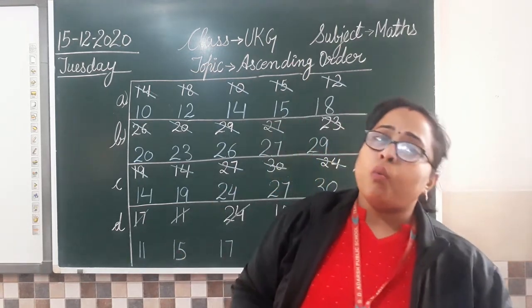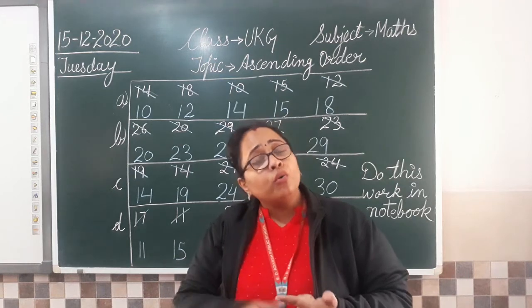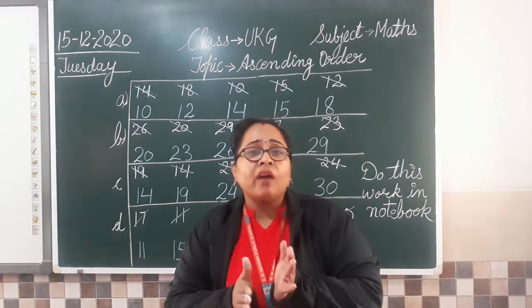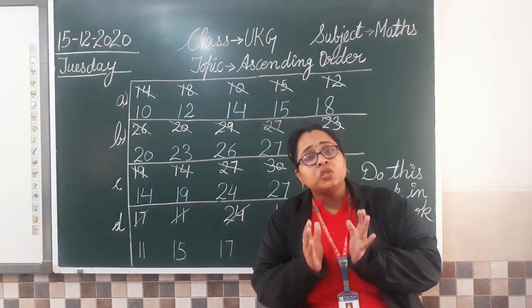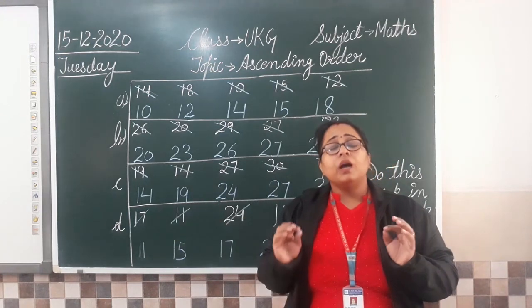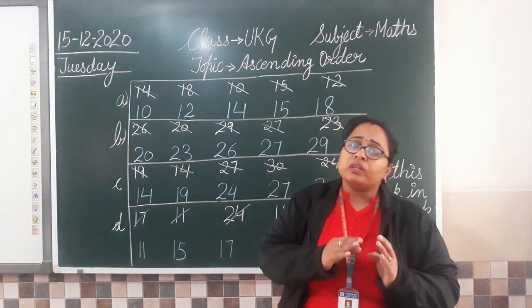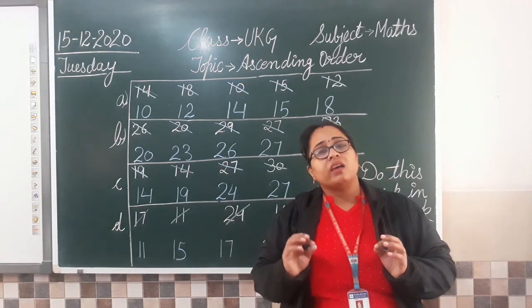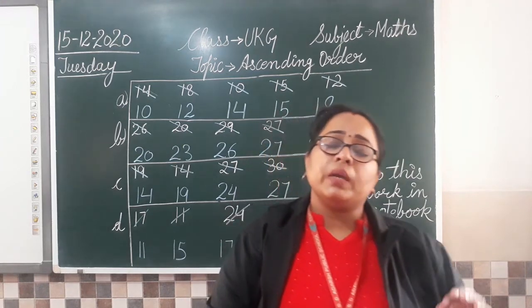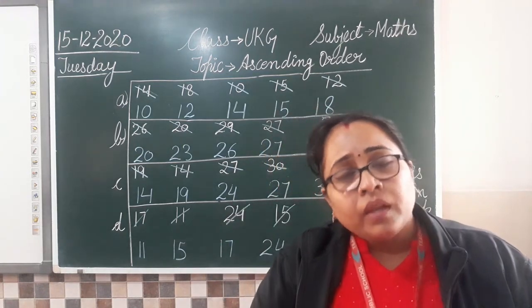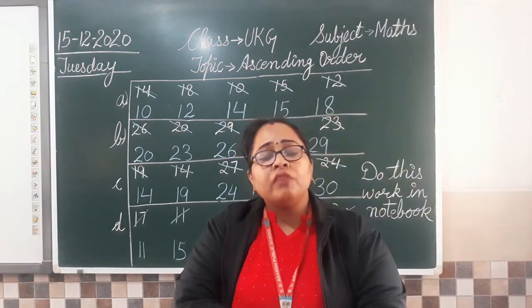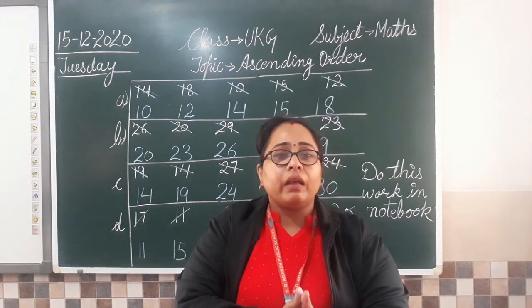अब वो numbers चाहे आपको 1 digit में दिए हो, I can give you in 2 digits or it can go beyond to 3 digits also. So what you have to do is only arrange the given numbers from smallest to biggest. Clear? आपको जो numbers arrange करने हैं smallest to biggest ही करने हैं when it is asked to do for ascending order. This is one thing you have to keep in your mind. Clear? I hope it's clear, but still if there is any doubt, please feel free to call me and ask me and clear your doubts.